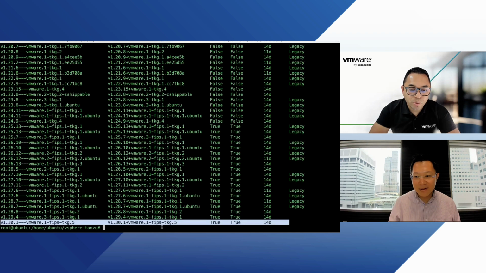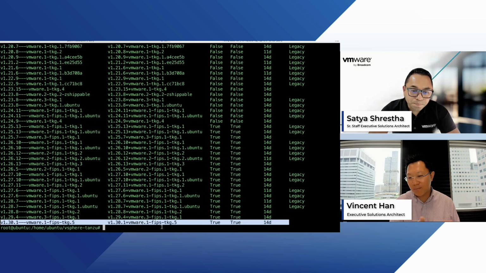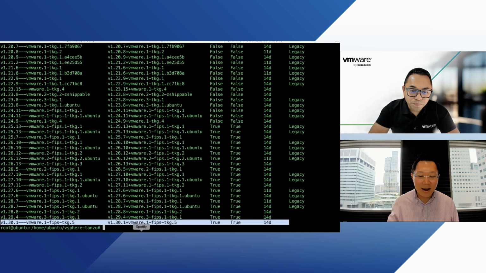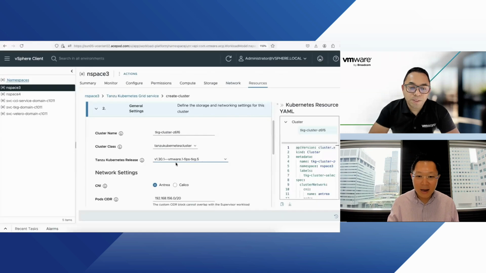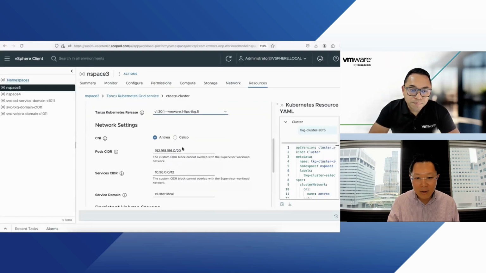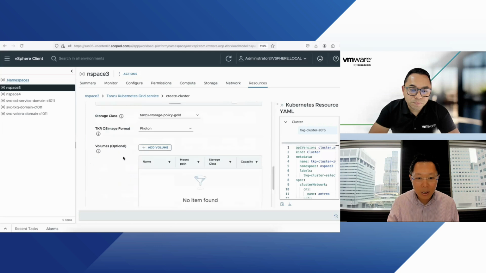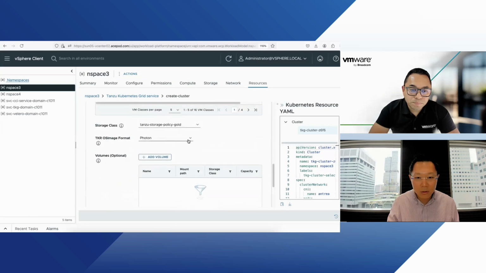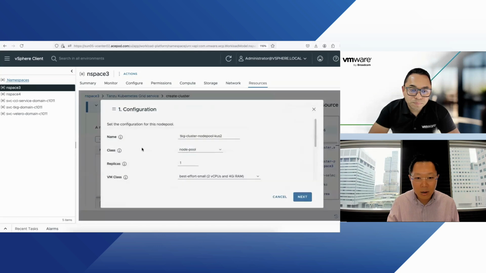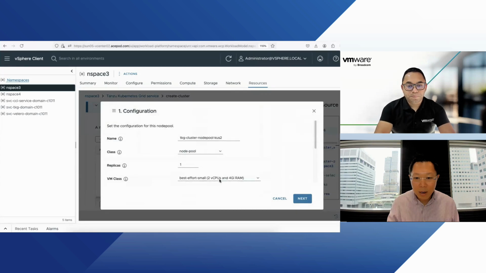Right. So it takes a while, but I didn't have to upgrade the supervisor cluster, and I also didn't have to upgrade vCenter, and now I have 1.30 available and can start consuming it. I'll use Antrea, okay, and I'm going to select the control plane, where I'm going to choose best effort small, and I'm going to use the Photon OS. Next, I will have the worker pool, and I will choose best effort medium. For it, maybe I'll have three. Okay, just two worker nodes. Next,